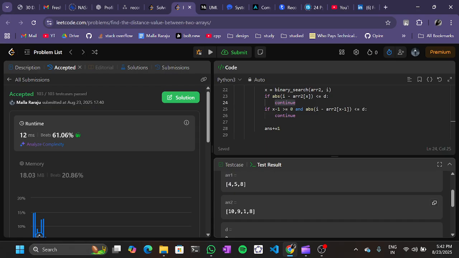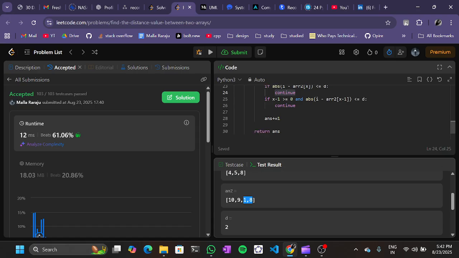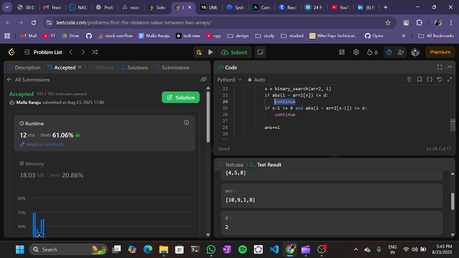So we are checking between 1 and 8. If the difference is less than d, here d is 2. 8 minus 4 is 4, and 4 minus 1 is 2. So the difference, if the distance is less than 2, then it will continue here, and the search operation continues,